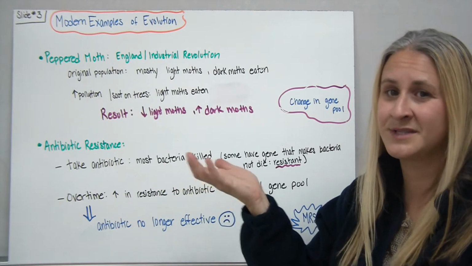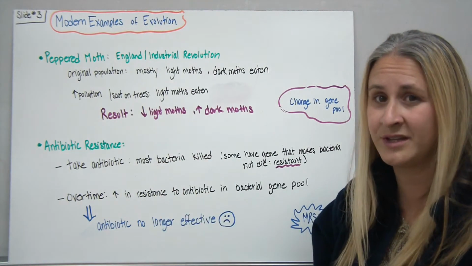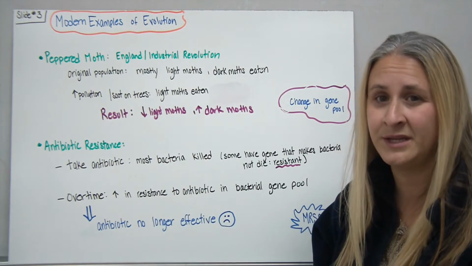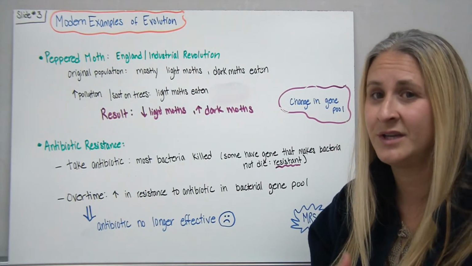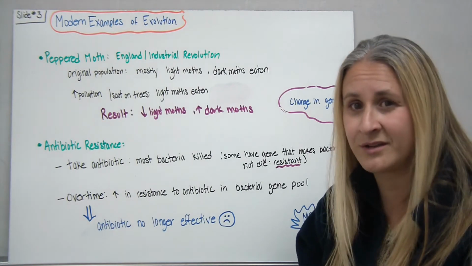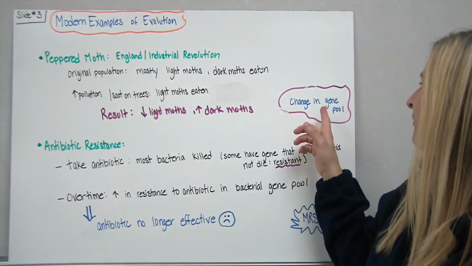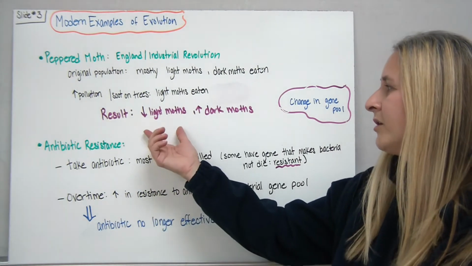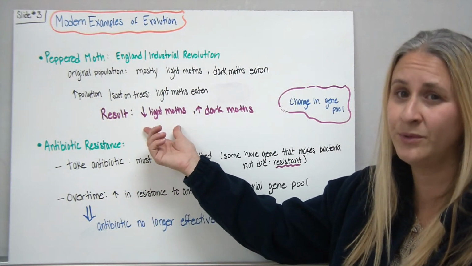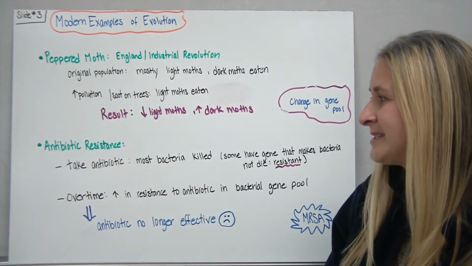And these organisms that were light-colored, unfortunately, just no longer blended in with the environment. They didn't adapt with the environmental changes. They were light-colored. They can't automatically change the color of their bodies, so they were eaten more frequently. In the end, we had a change in the gene pool. There were no longer as many light moths in the gene pool that were reproducing and passing on their DNA